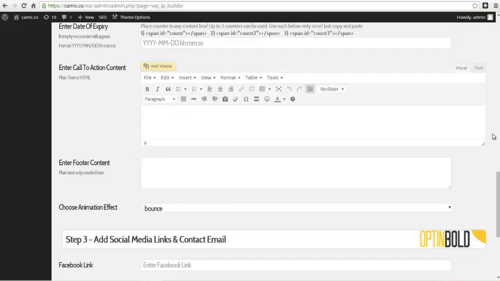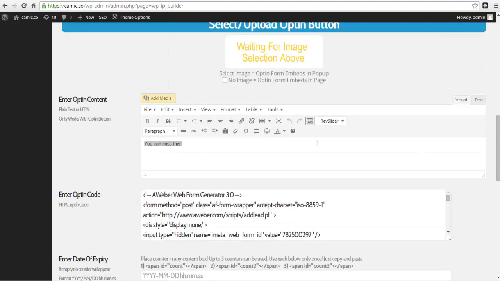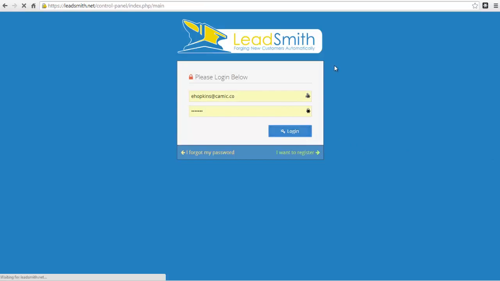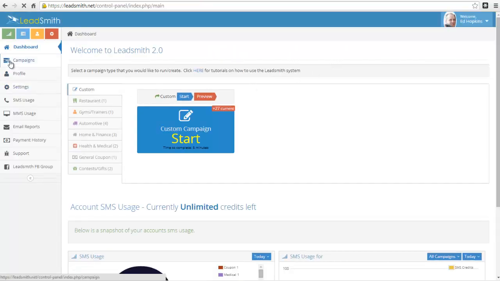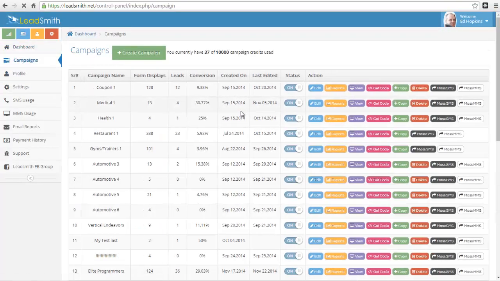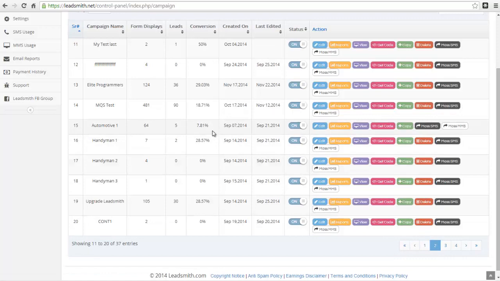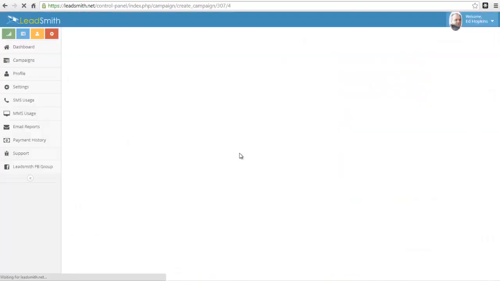Alright, next, I guess I should get into showing you how Leadsmith forms work into this. So, I'm going to go into my Leadsmith account. I'm going to log into my Leadsmith. And I'm going to go to one of my campaigns that I created. And let's just pick... go to this other page here, and I'll choose this one here, click on Get Code,